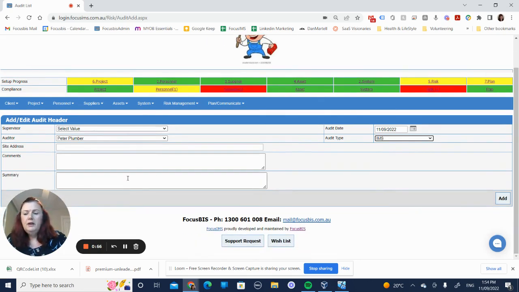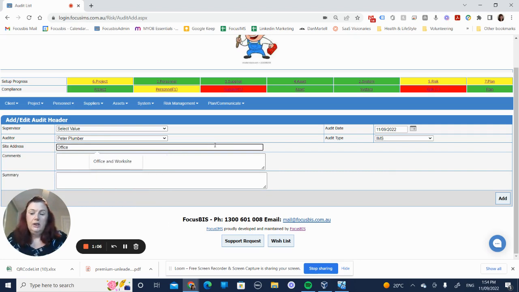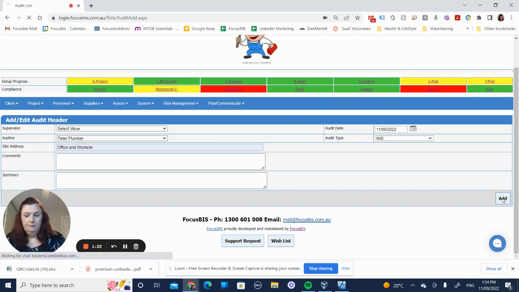You can come back and edit this at any time, so you may want to put comments in. You may not want to put these in till later. You might do it in the office to start with, or an office in a work site. You might want to include the work site details there as well. You can include people that you've included as part of your audit here in your comments as well. Then we click the add button,